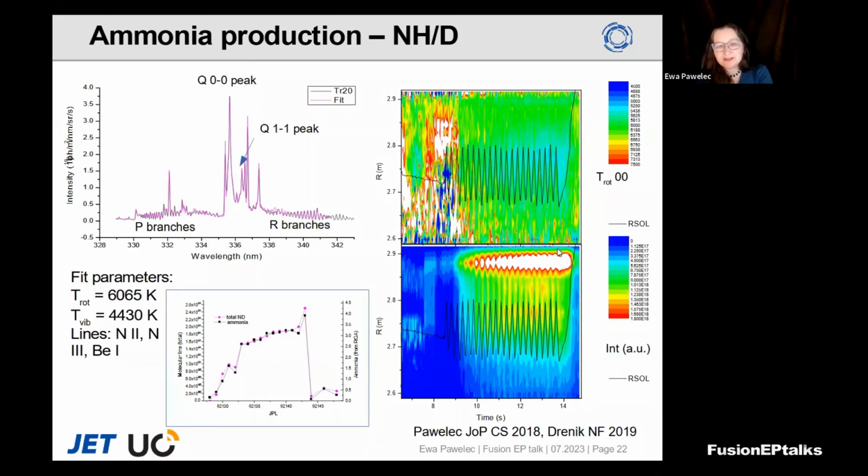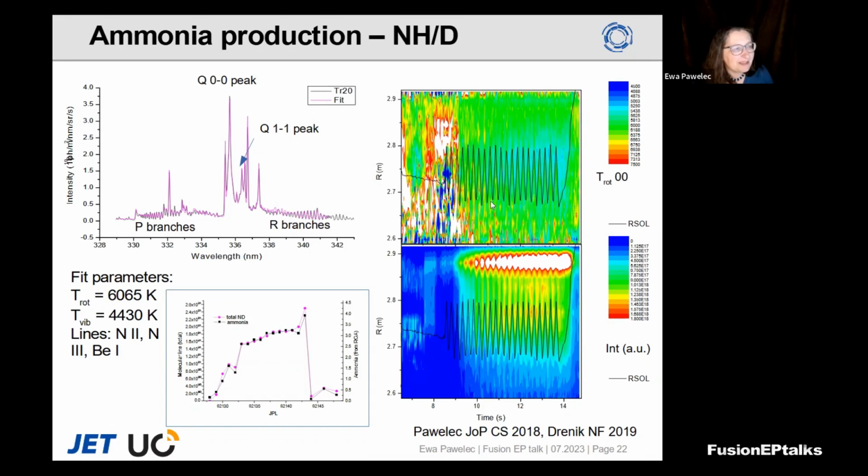Which was first, because this was the first measurement I have done, and that's the last example I'm showing. When we had the nitrogen seeded pulses with certain movement of the strike point position, so-called... I don't know at the moment, sorry. We were moving the strike point to spread out the heating of the divertor, and you can see here that